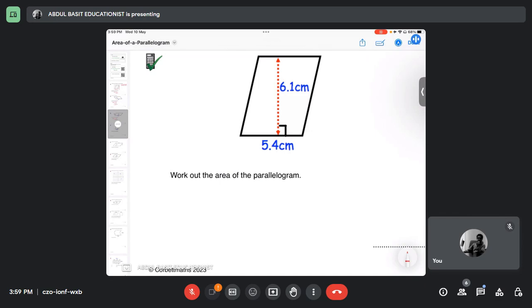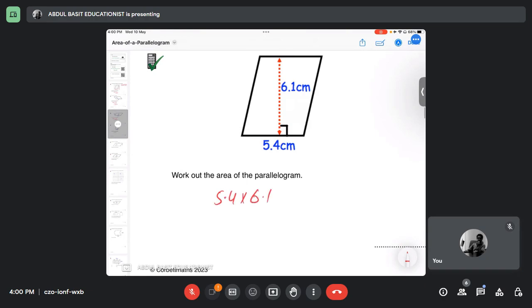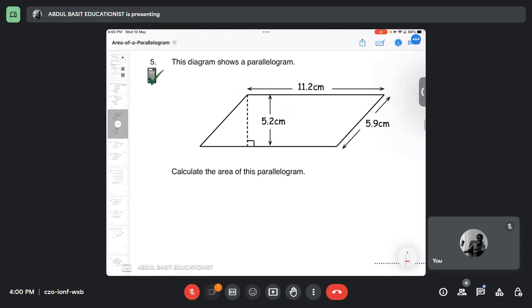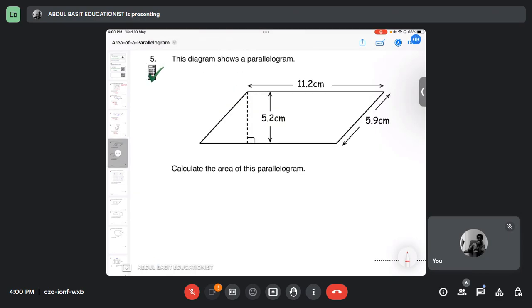ये कैलकुलेटर इस्तेमाल कर सकते हैं इसमें। 32.94, हाशिर आपका क्या है? सेंटीमीटर स्क्वायर। हाशिर आपका क्या है? 32.94 ही आया सर. Okay. So 32.94 centimeter squares. यूनिट भी बोला करें एरिया में। अच्छा, एरिया इज अ स्क्वायर क्वांटिटी। हाँ जी, करके बताएं।